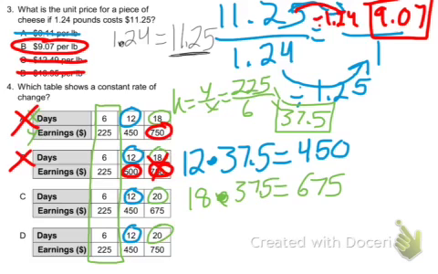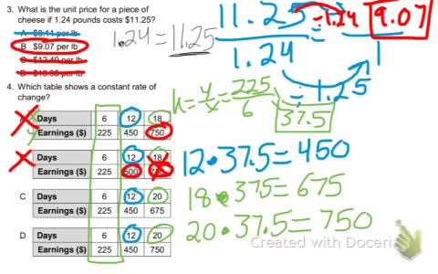So now we're looking at 20. So what is 20 times 37.5? 20 times 37.5 gives us 750. So the answer, 750, which means that is not it, meaning our answer has to be